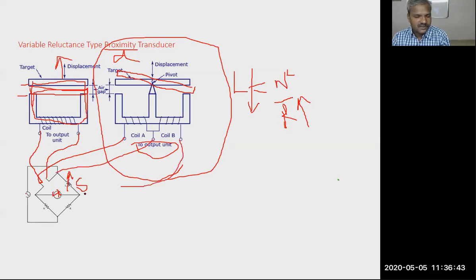Connect this coil to this. Okay, so the same is used to detect the inductance from these two coils. The two arms of the AC bridge are replaced by the transducer coils. So this is the AC excitation, as we know that for an AC bridge with AC excitation, the detector is a vibration galvanometer or headphone. This is a simple variable reluctance type because we are varying the reluctance, that is the air gap between the movable plate and the iron core.